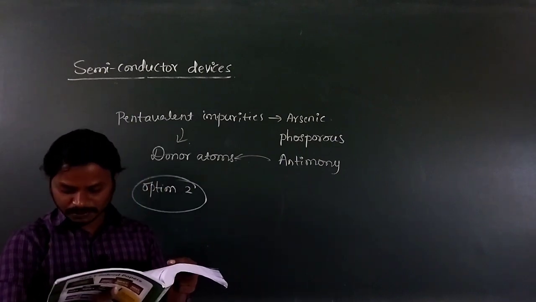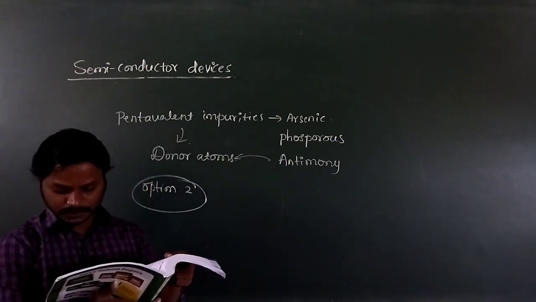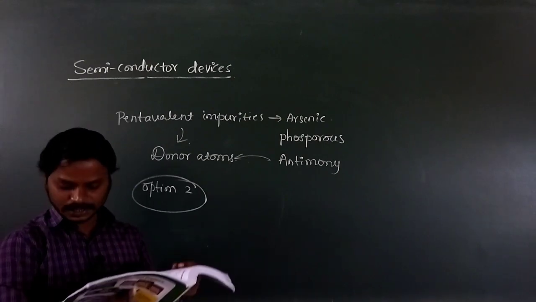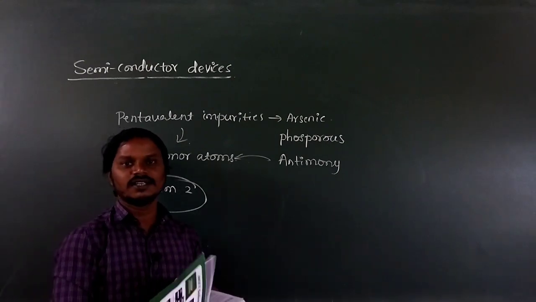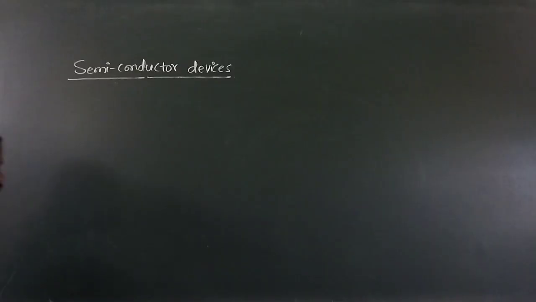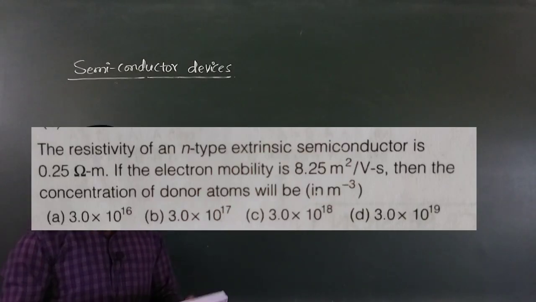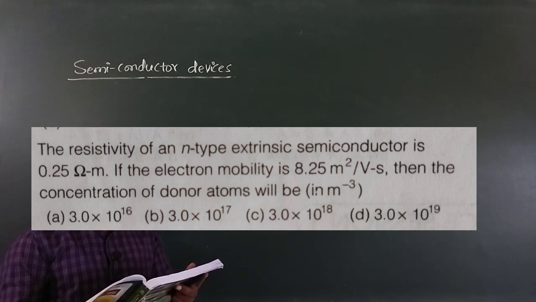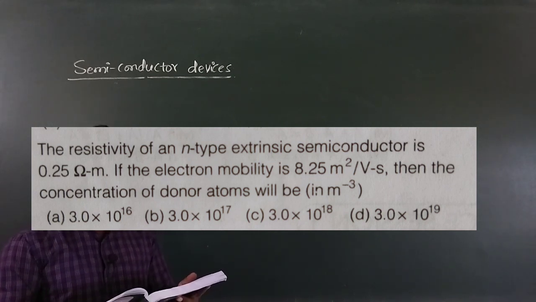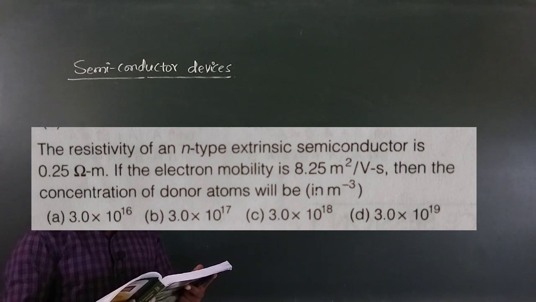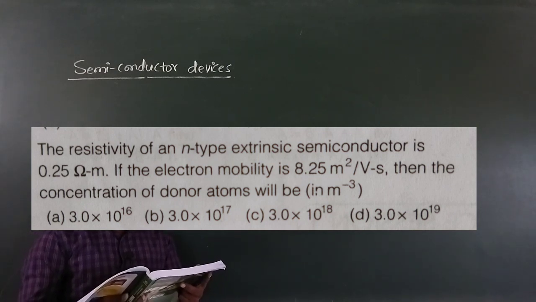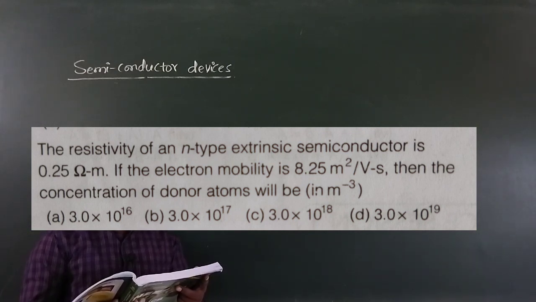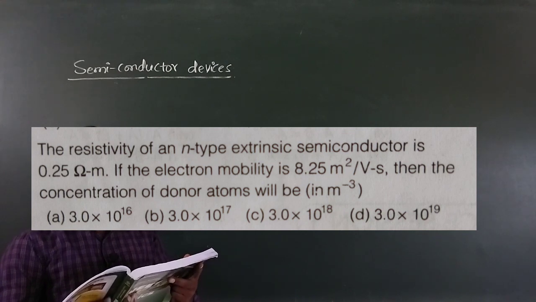If a small amount of antimony is added to a germanium crystal, there will be more free electrons than holes in the semiconductor. Hence the second option is correct. Now the next question is, the resistivity of an N-type extrinsic semiconductor is 0.25 ohm meter. If the electron mobility is 8.25 meter square per volt per second, then the concentration of donor atoms will be